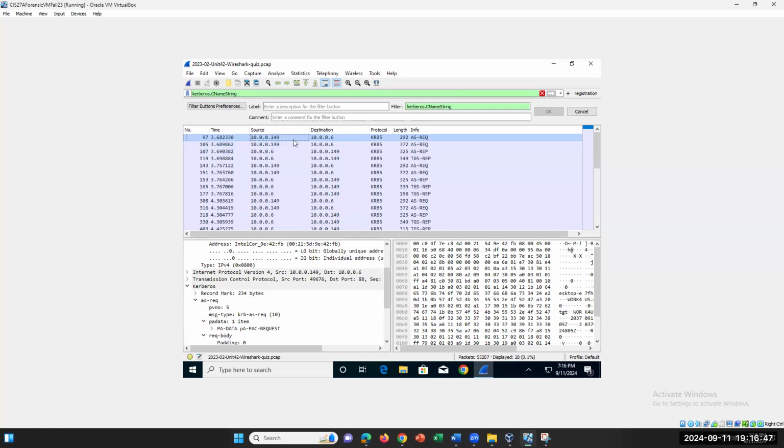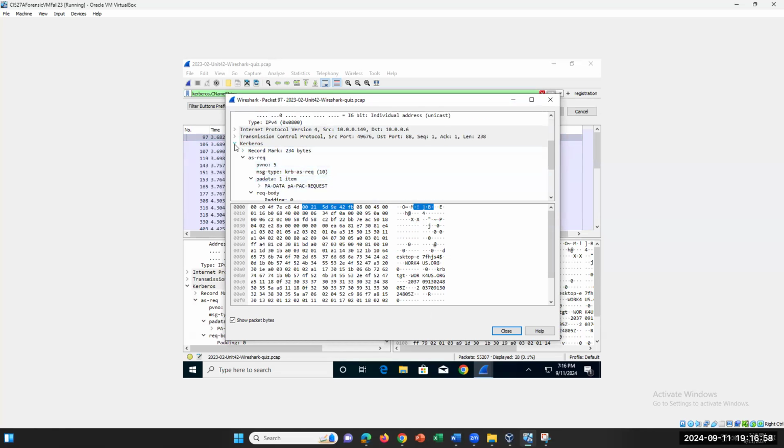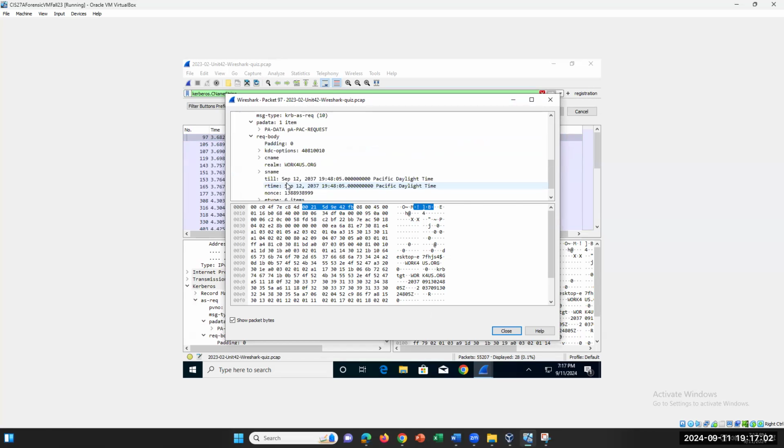So we want to look at the authentication, looking at the user account or the username. So double click the packet and you're going to go down to Kerberos. You're going to click the arrow to expand, and you are going to expand all the way,